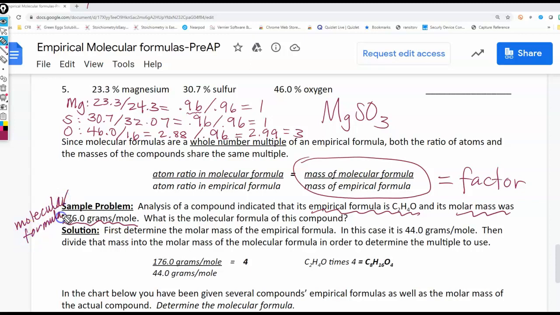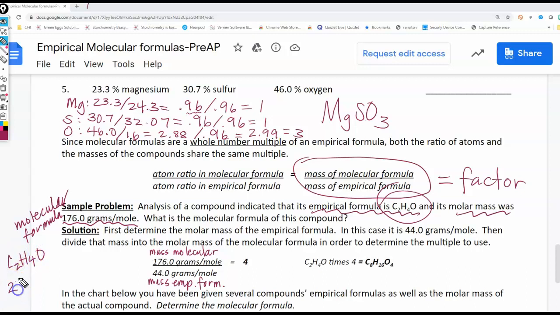All right. So if that's the case, and then we want to know what is the molecular formula. So if this is the mass of the molecular formula, so the big one, then this must be the mass of the empirical formula. And now how did we get that mass of the empirical formula? Well, if the empirical formula is C2H4O,